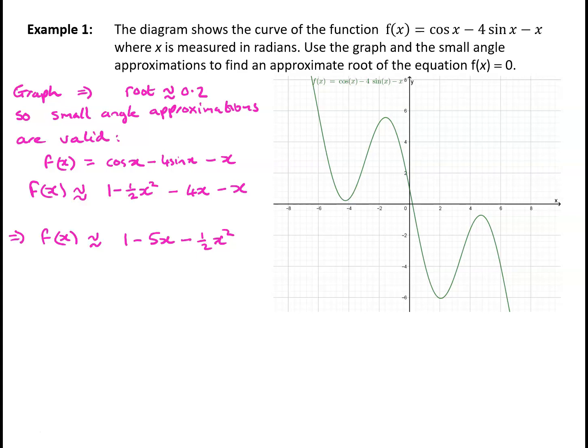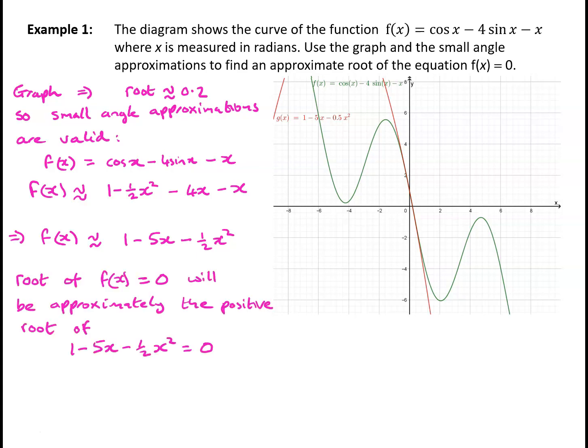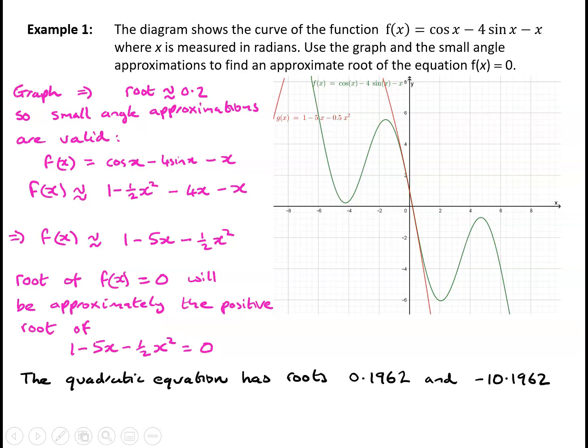We're trying to solve the equation f of x equals 0, so it seems sensible to hope that the root that we are looking for will be close to the small root of the quadratic equation 1 minus 5x minus a half x squared equals 0. Solving that quadratic equation gives me roots of 0.1962 and